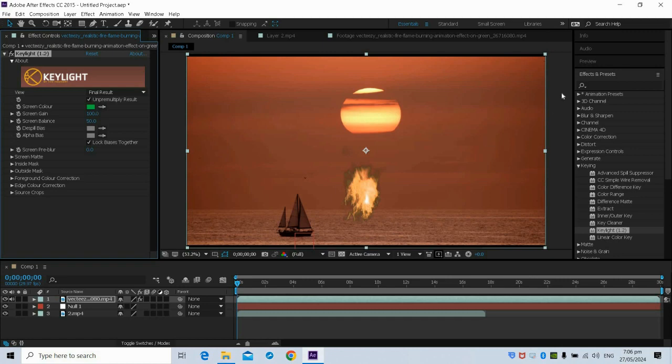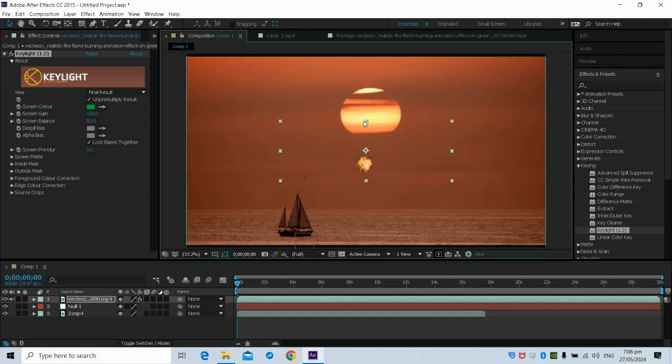Okay? So let's resize. For example, let's resize the size of the fire effect, and move it near the starting point of our track motion. Okay? So let's say for example here, this will be the start of our track motion on the sailboat. Okay? So next is, this is our fire effect layer.